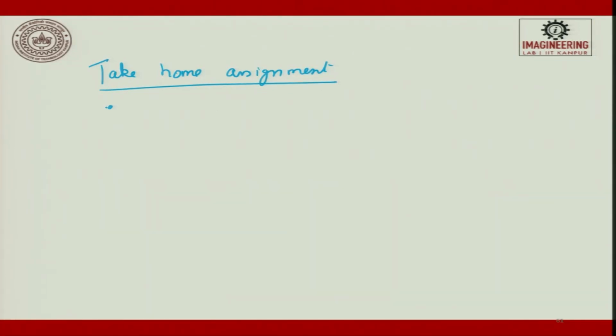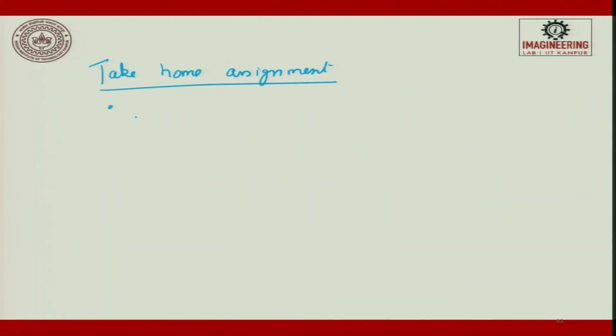Let us take an assignment, a take home assignment. And all the assignments I give, you do not have to submit to me. These assignments are only used for your better understanding and appreciating CAD. Okay. Let us take the first thing, do it by yourself.